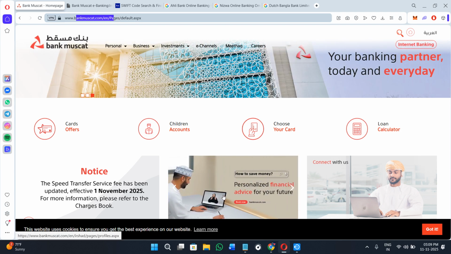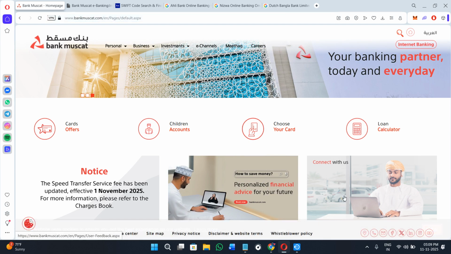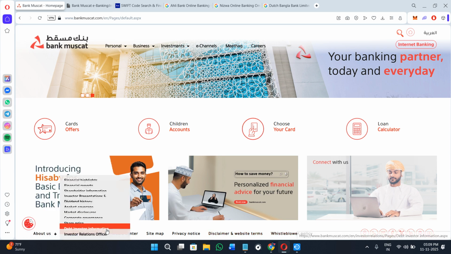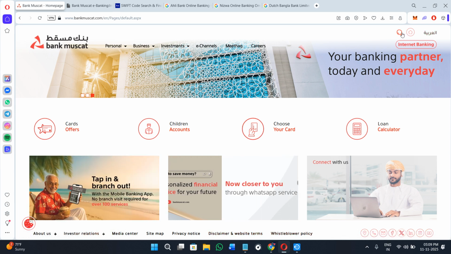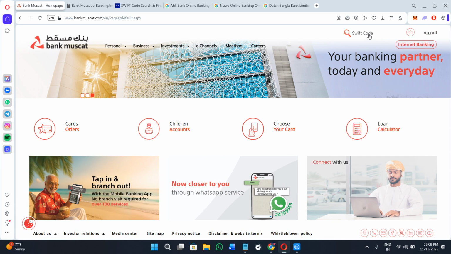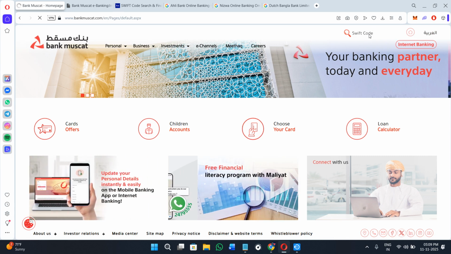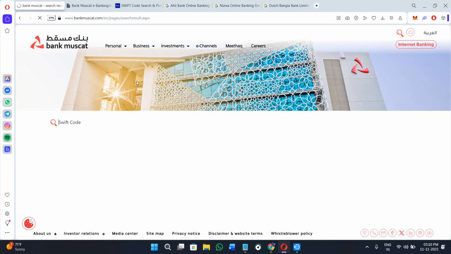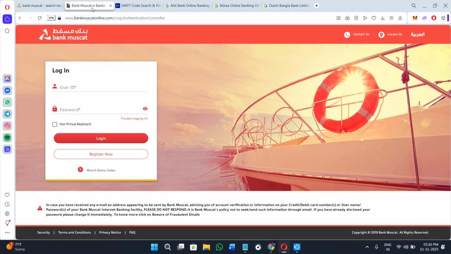Over here you will find a bunch of different options on the home page. Now, among these options, you can either click on the option of Contact Us here on the bottom, or you can just directly use the search bar here on the top and search for SWIFT code. Once you search for SWIFT code, you will find a bunch of different articles relating to this query. So you can click on any of the articles and see if there is any information about the SWIFT code available. Now, if this method doesn't work for you, you can just simply open a new tab and